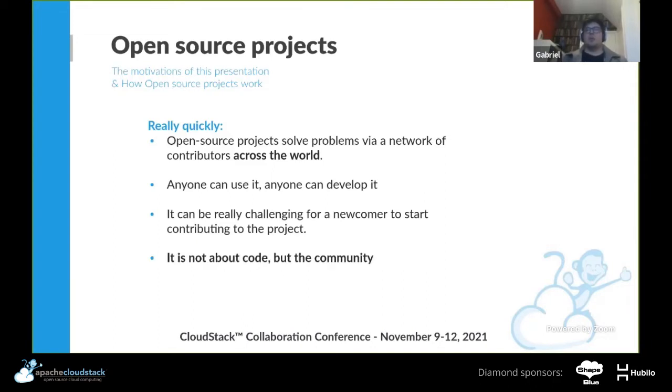And it's not about the code. The code is important, of course, but the main piece here is the community. The community is welcoming newcomers. If we are friendly and enhancing documentation, that's how the project is going to grow, and the code gets better as a consequence. We have fewer bugs and more features. That's part of life in open source projects.